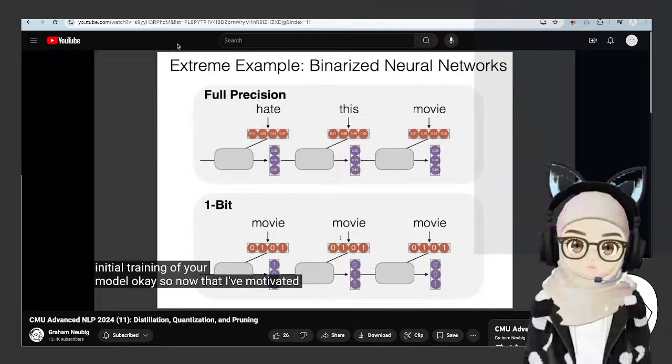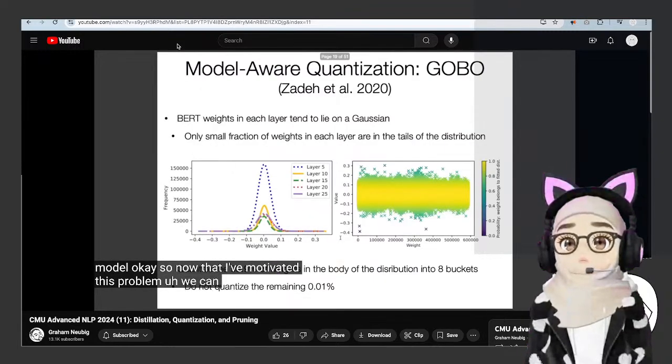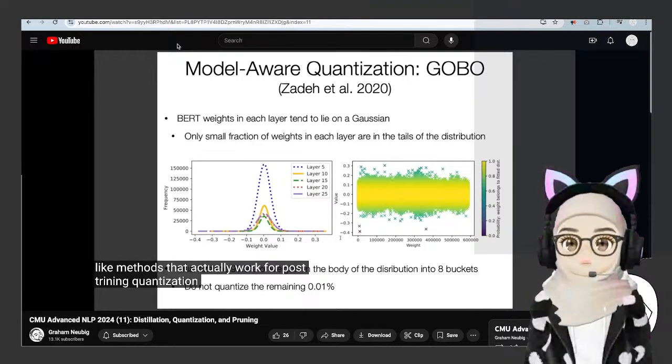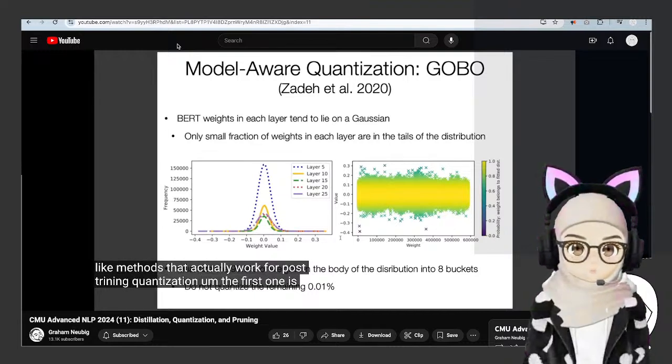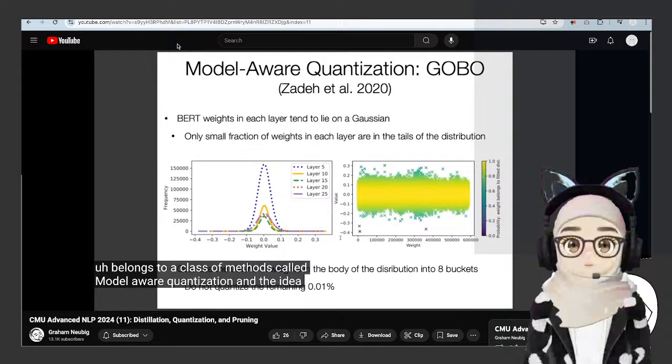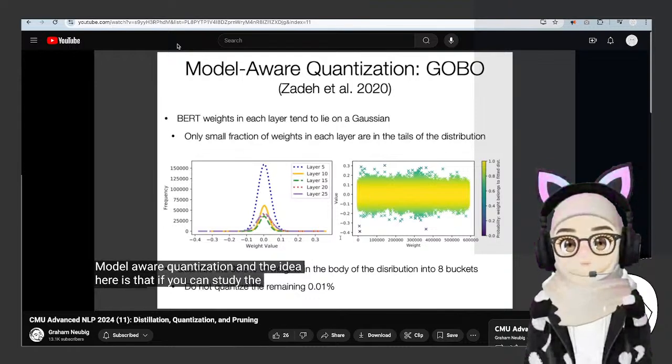Okay, so now that I've motivated this problem, we can talk about a few methods that actually work for post-training quantization. The first one belongs to a class of methods called model-aware quantization. And the idea here is that if you can study the statistics